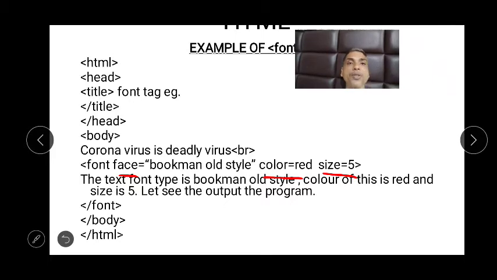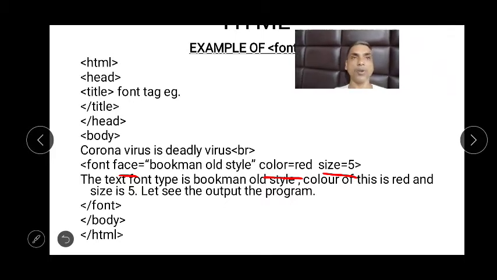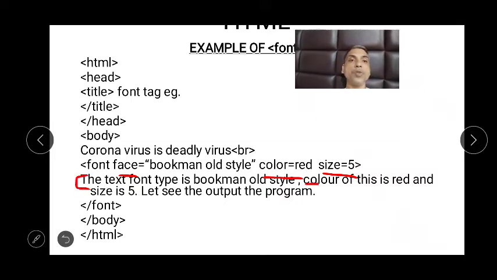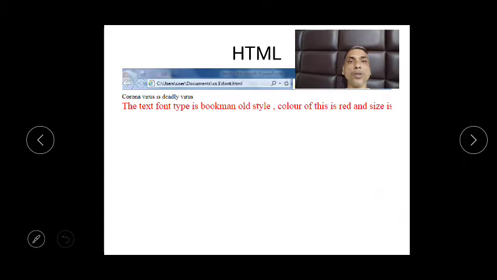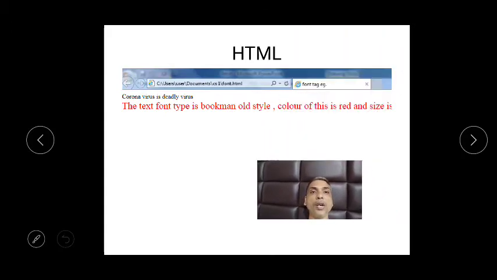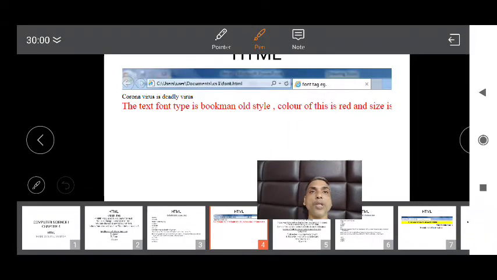This effect will not be for everyone. It will be only for the text between the font tags.